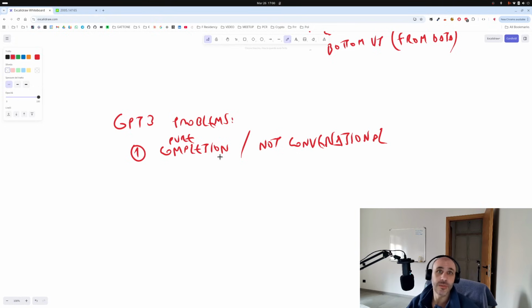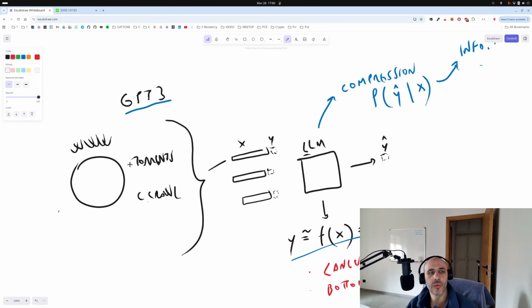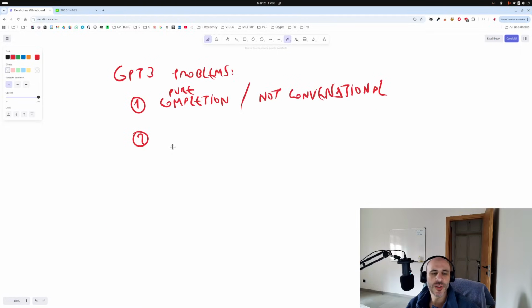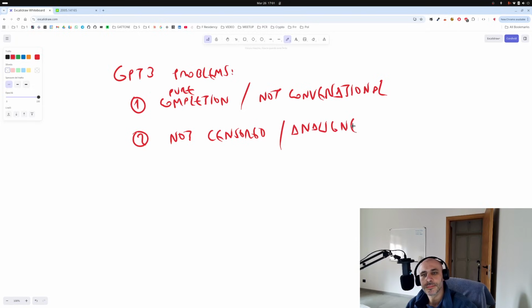And also, as the same example, the other problem, since the model was trained on the open web, it was absolutely not censored and unaligned. You could talk about anything with GPT-3.